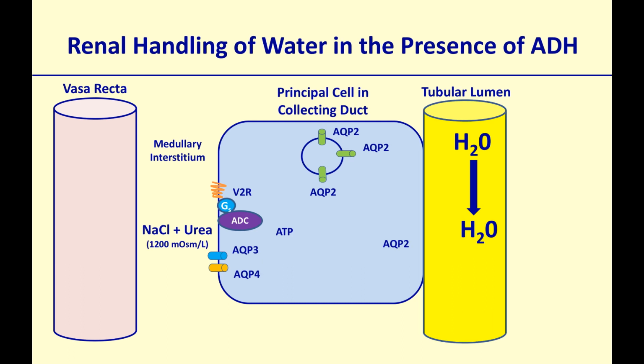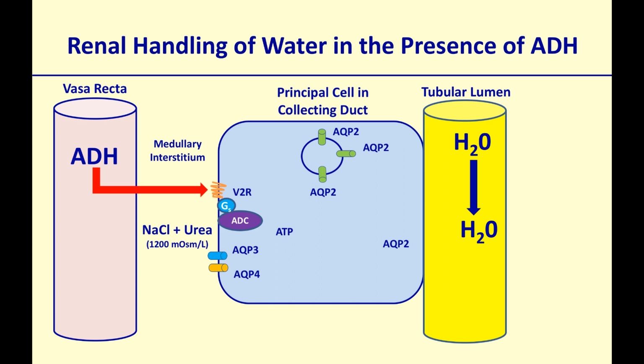in the urine. When there is ADH, however, ADH comes from the capillaries and works on the basolateral membrane, on the vasopressin 2 receptor, or V2 receptor. There are two receptors for vasopressin, or ADH. One is the V1, which is in the smooth muscle cells of blood vessels, and its main function is to cause vasoconstriction, hence the name vasopressin, pressing the vessels. And there are V2 receptors that are located in the collecting duct in the principal cells, and they mediate the actions of ADH